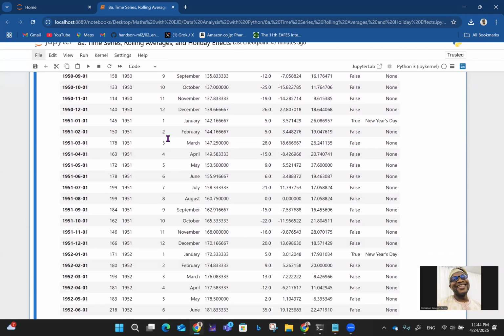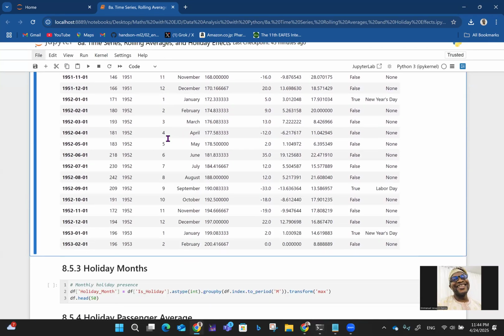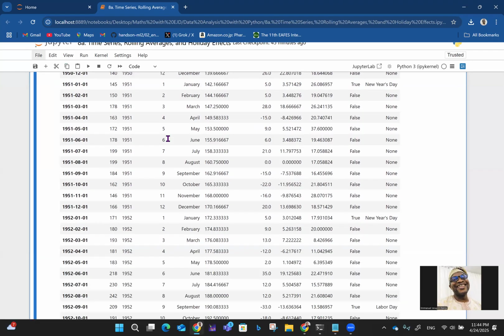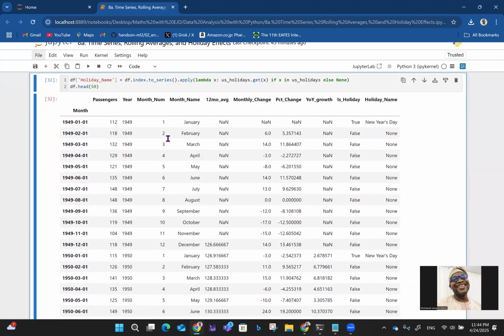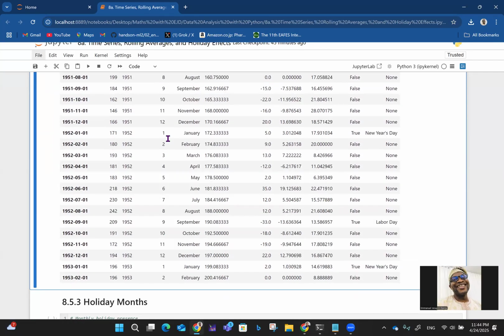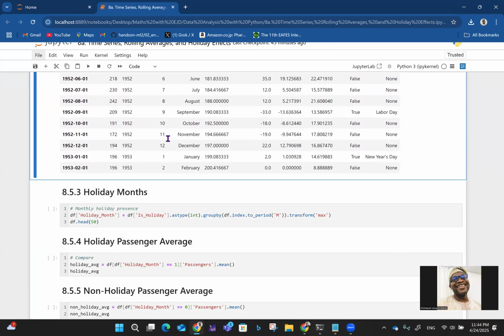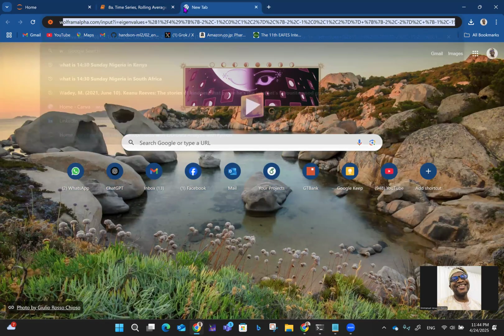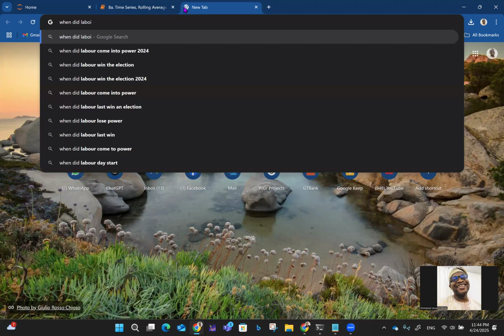New Year's Day, and then I think probably Labor Day started in 1952 because we don't have Labor Day in 1951. Interestingly. So maybe it started then, I'm not sure. So that is something that should get you curious. When did Labor Day start in the US? We can even Google that. Your curiosity should be on as you're working with data. When did Labor Day start